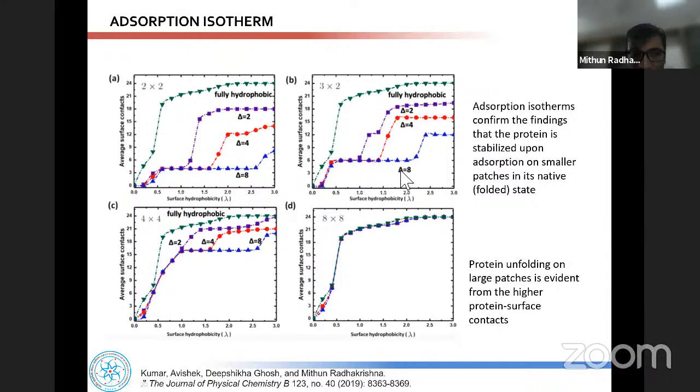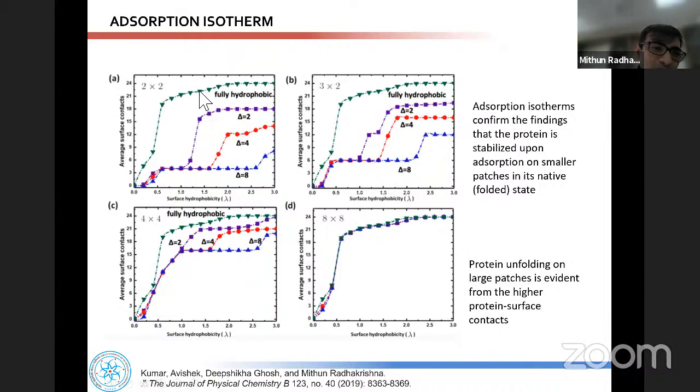So basically what it's showing is, for 8 cross 8 and 4 cross 4, the proteins are generally adsorbing on the surface. So I'm plotting the protein surface contacts, right? So they are just increasing, right? Both for 8 cross 8 and 4 cross 4. Whereas for 2 cross 2, you see there is a regime where